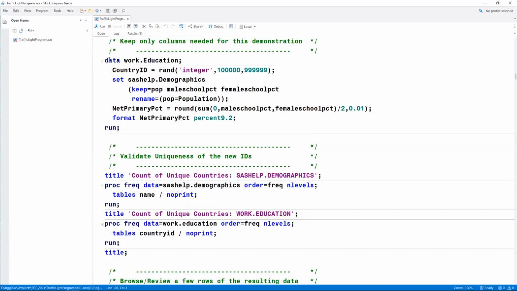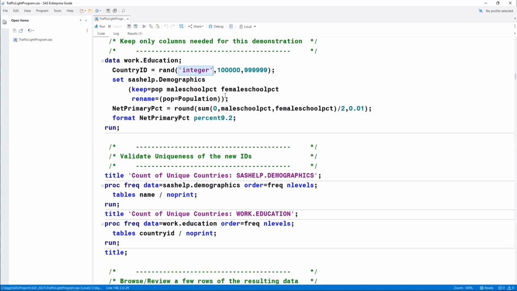This is the data step I'm using to create my work.education table. The first thing I'm doing is using the rand function to generate a random number for all the different country rows, and I'm using a very simple distribution. The first argument is what distribution you want the rand function to use, and it has many distribution options for you to choose from.